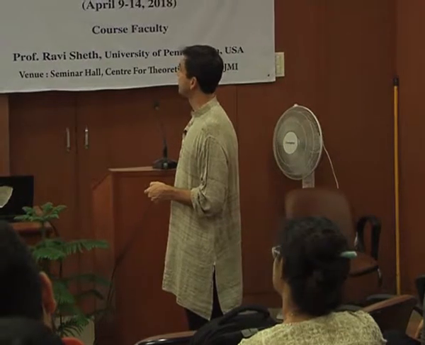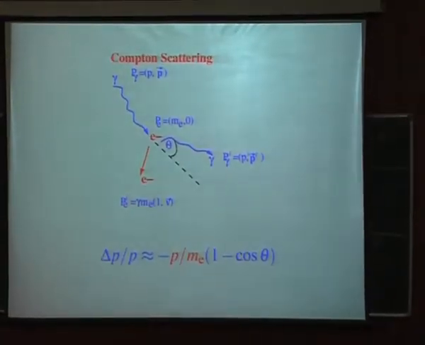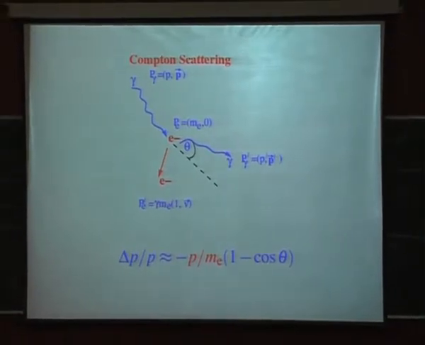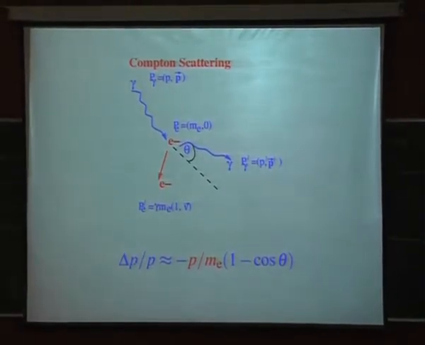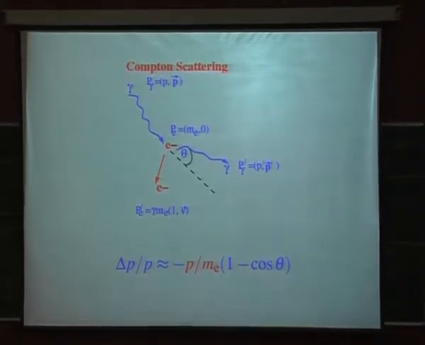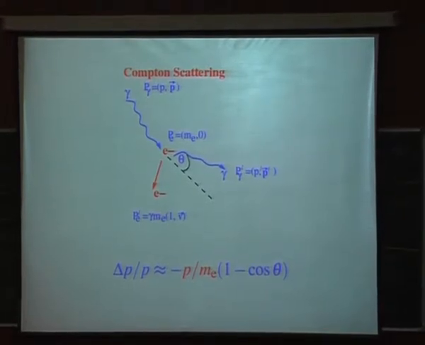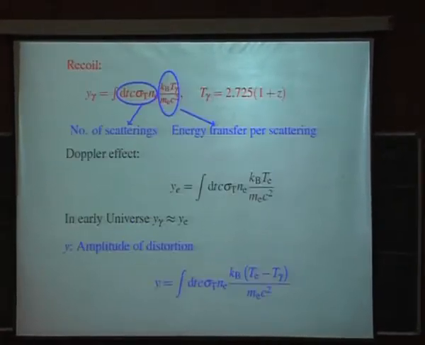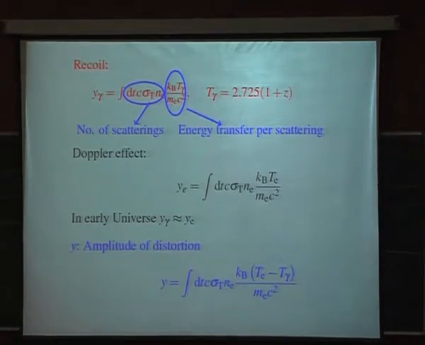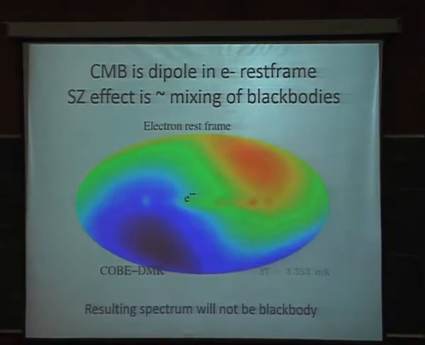Next question is, we're expecting the photons to gain energy, but what sets this shape? I have a little bit in here about how to do that calculation. Come and talk to me afterwards about doing it because there are other things I want to cover. I want to just give you a nice way to think of this problem. And the nice way to think of the Compton scattering problem is this: